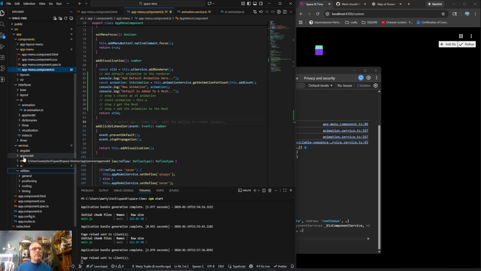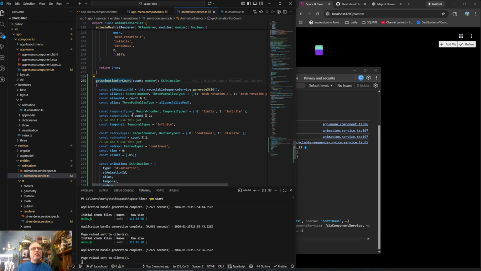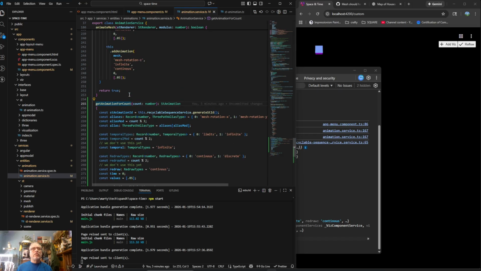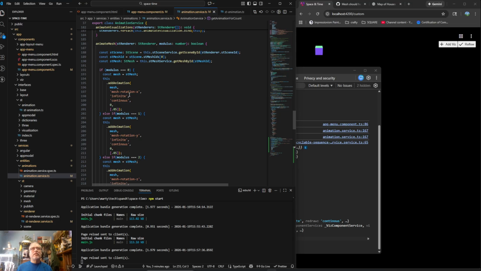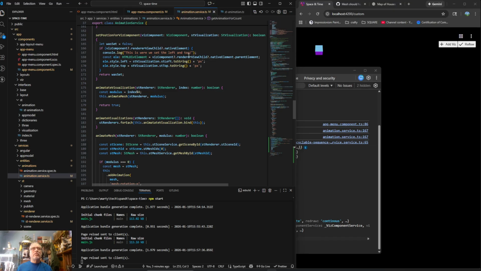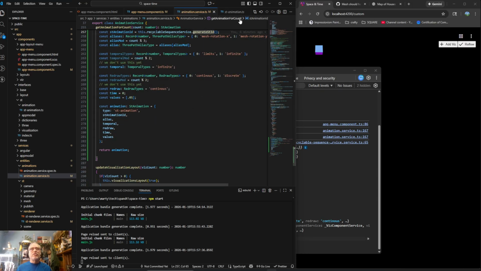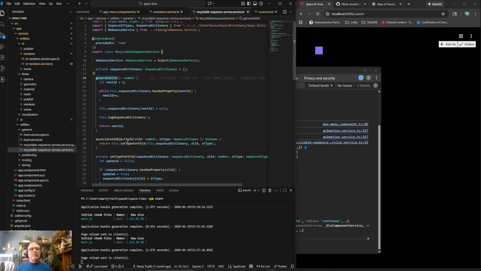Okay, so we got an animation. It created an animation. Let's go over here. Get animation for count. Go to definition. So we got our animation for our count. Where do we add these things? Get scene by ID. Okay, where did we create? Oh, we generate, okay, this is where we generate our ID. I think we have to register it too once it's been created. It's kind of awkward, but